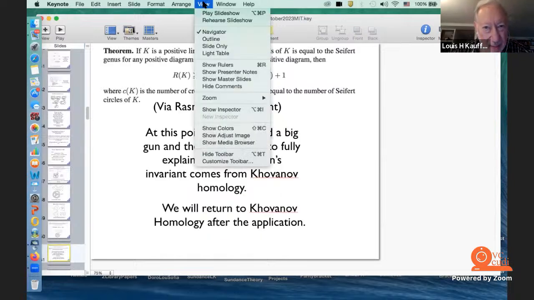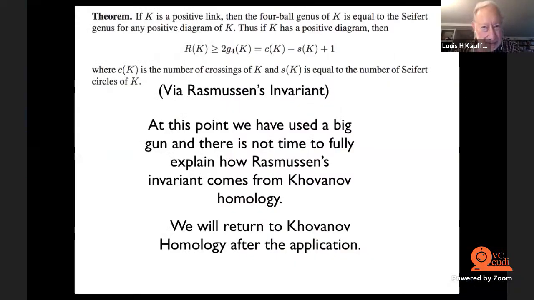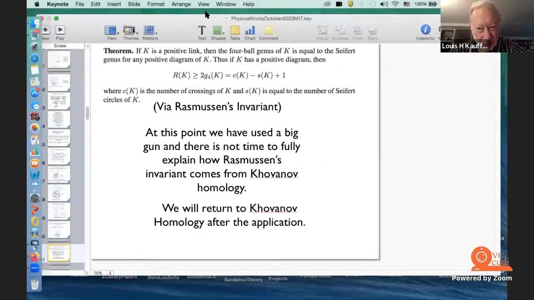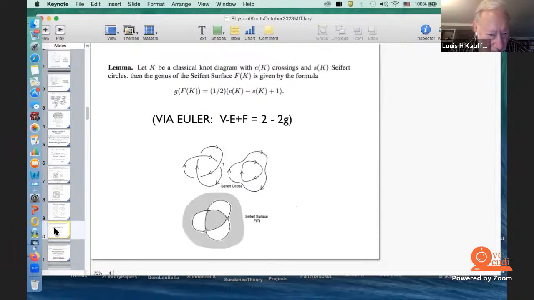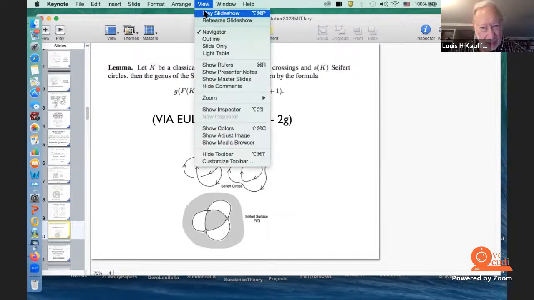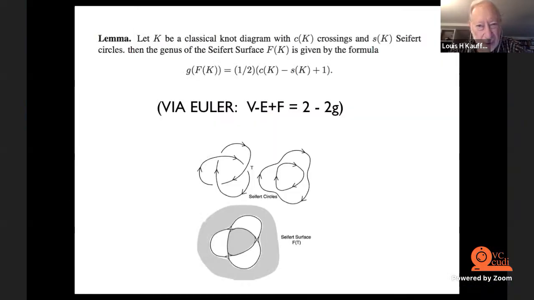But that's the theorem I want, and I didn't want to bother you with another theorem. So here's the theorem. You have a positive link. That means that all the crossings are positive, which means that the crossings all obey the right-hand rule. Here, all the crossings in the trefoil knot are positive. If you put your fingers in the direction of the overcrossing line, your thumb goes in the direction of the undercrossing line. That's a positive crossing. So if you have a knot diagram with all positive crossings,